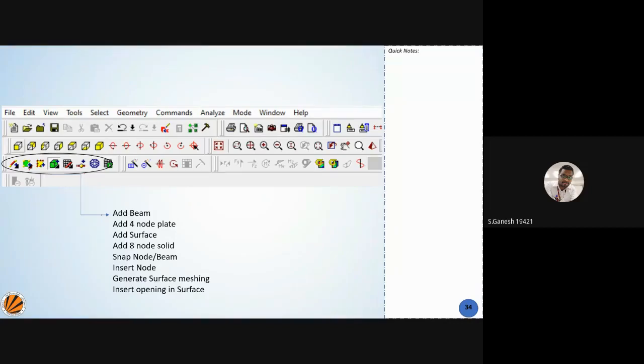So all this I'll be explaining in day 2, right? So we're going to discuss in day 2 and day 3 how you want to utilize these parts. And quickly over here, when you go on to this part, you can see this translation repeat, circular repeat, and mirror and rotate features. So when you make a model, you want to rotate or do some translation repeats, you can do that options over here.